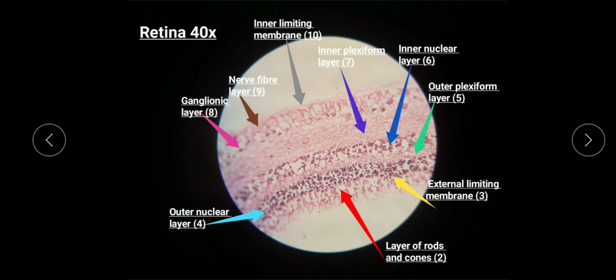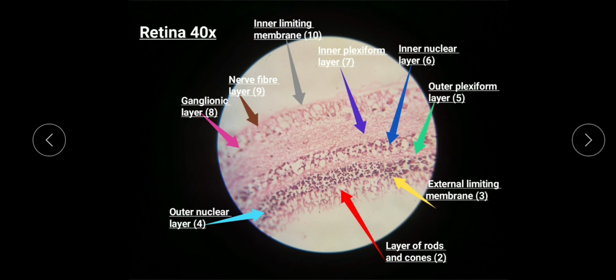After that you will find layer number 3, the external limiting membrane, shown with the yellow arrow, lying between the layer of rods and cones and the outer nuclear layer, which contains the nuclei of the rods and cones, shown with the sky blue arrow. So this is the number 4 layer, the outer